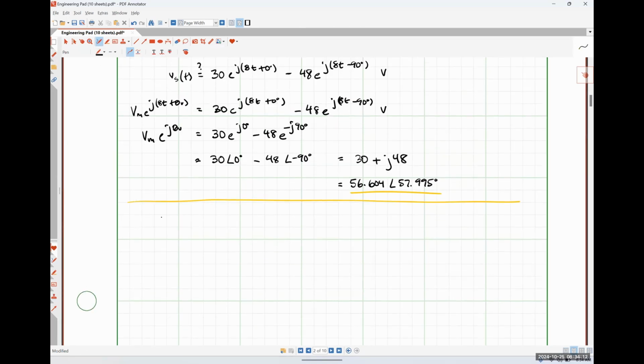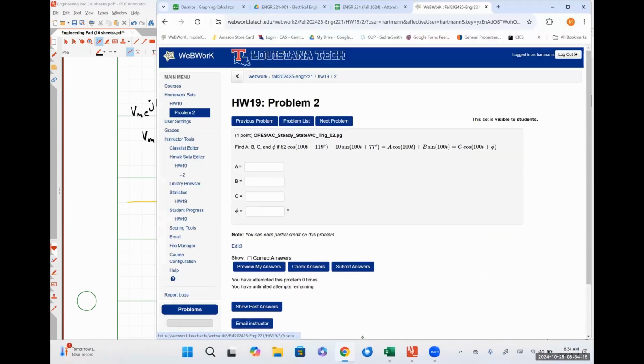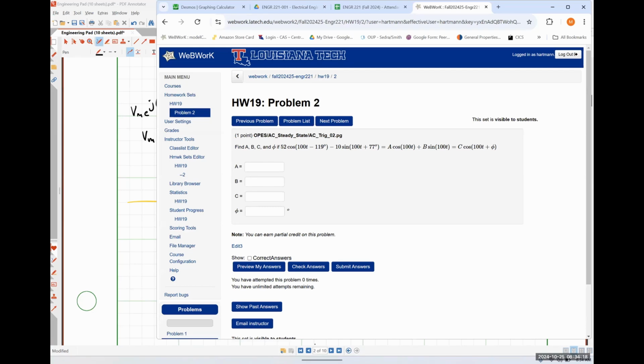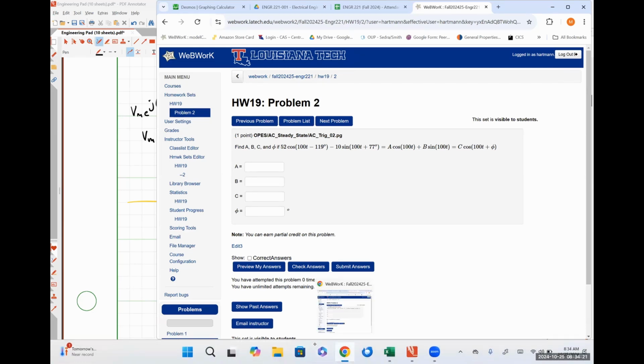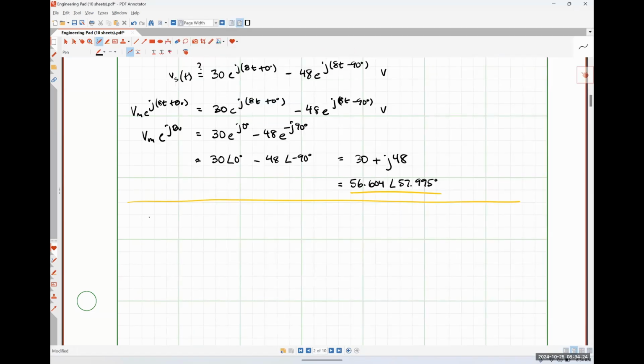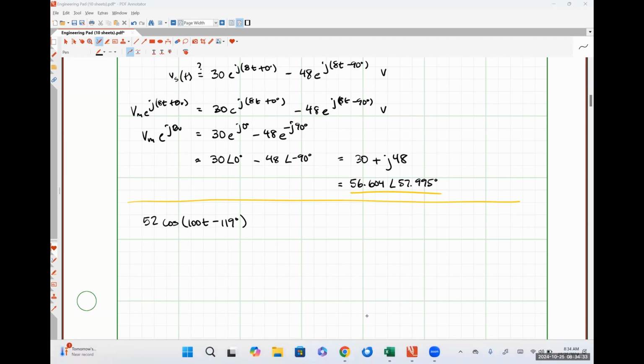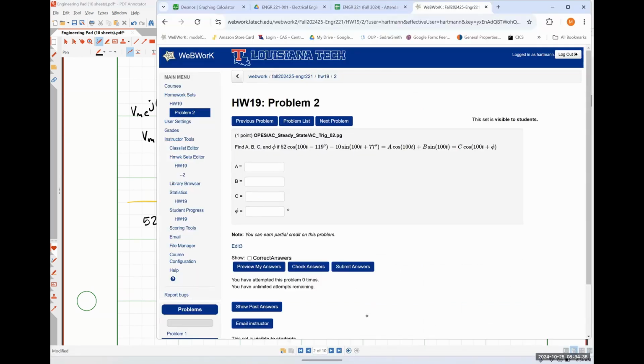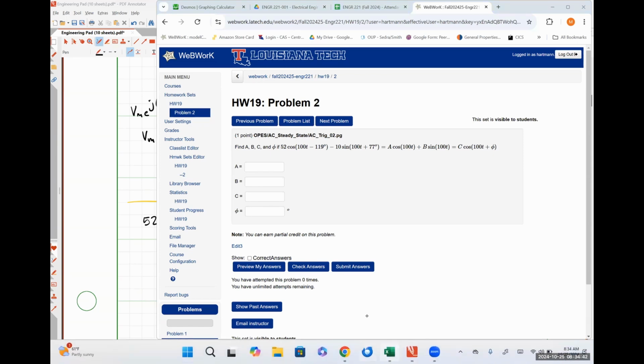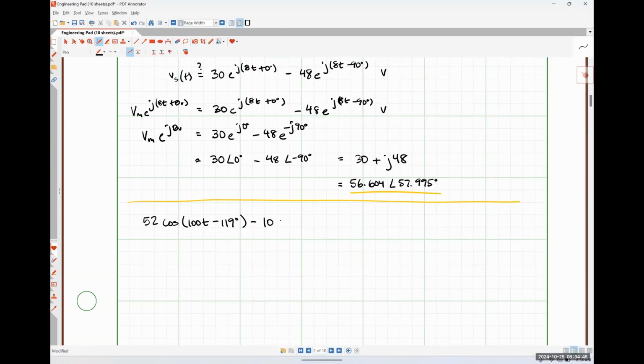Sorry, I have the memory of a goldfish. 52 cosine(100t minus 119 degrees) minus 10 sine(100t plus 77 degrees). And we were told that it is equal to A